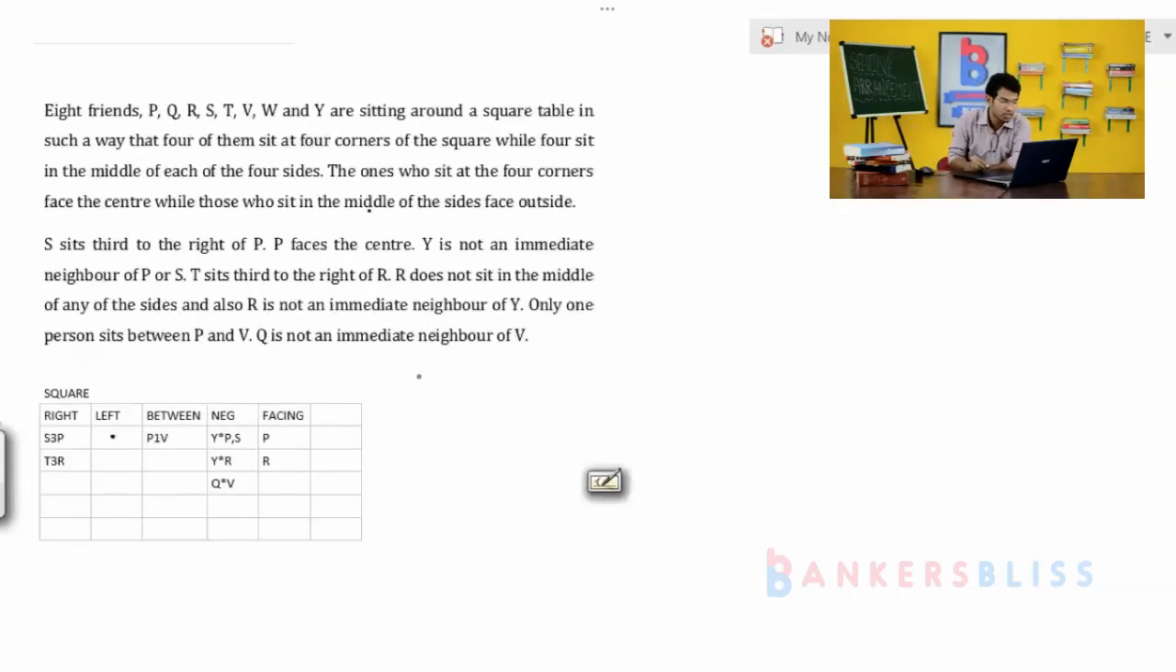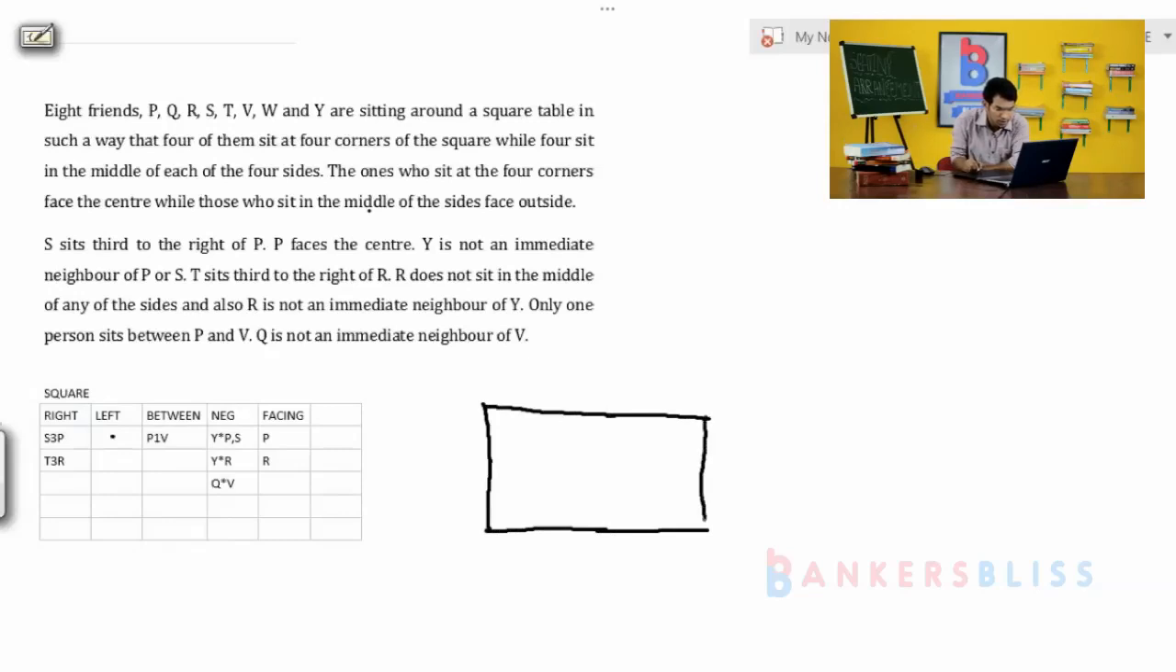Entire information we stored in 1. Here the 8 friends are sitting at the square table, and 4 of them sit in the corner side and 4 of them sit in the middle. Once again, for your understanding, I'll go with the